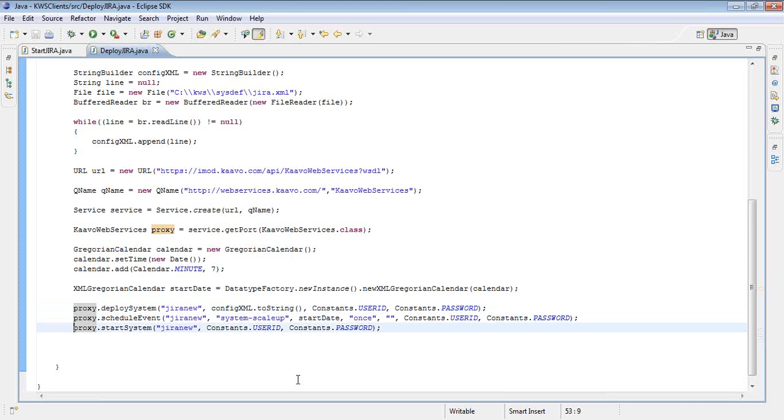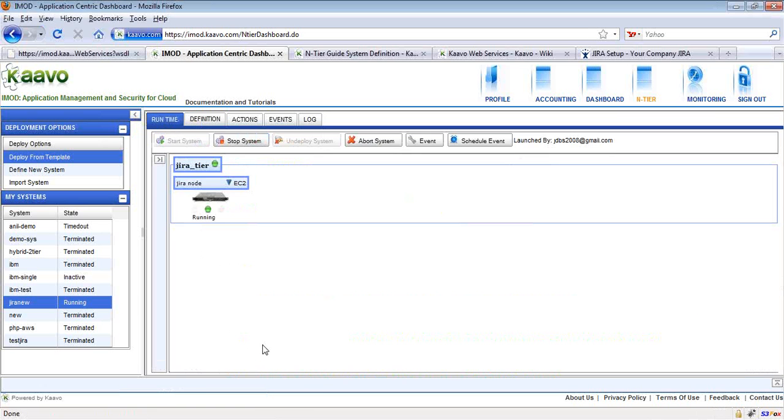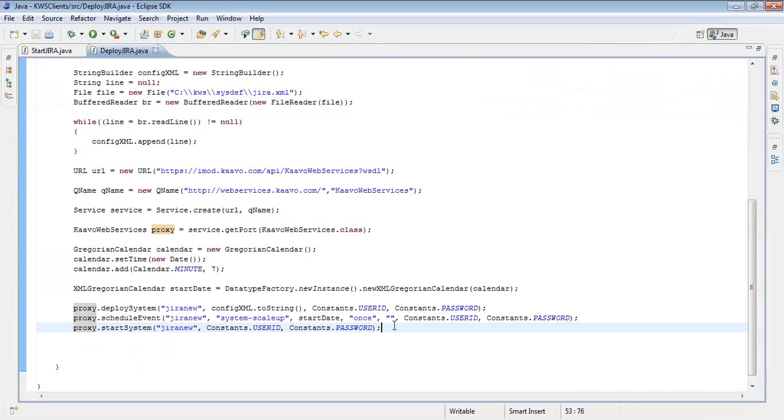Jaideep, since the system is already running, in the interest of time, can we just execute this event on the running system? Yeah, we can do that as well. So we have the system already running. So you're right, it's better not to do what I did before.